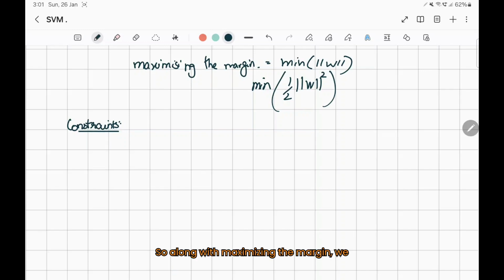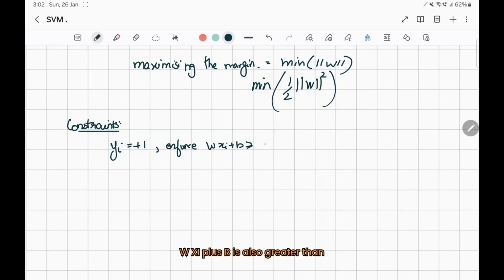So along with maximizing the margin, we also need each point in class -1 or +1 to be on the correct side of its bounding hyperplane, right? That is our whole premise this is based on. So if yi is equal to +1, we need to enforce the constraint that wxi plus b is also greater than +1. Similarly, if yi is negative, we enforce